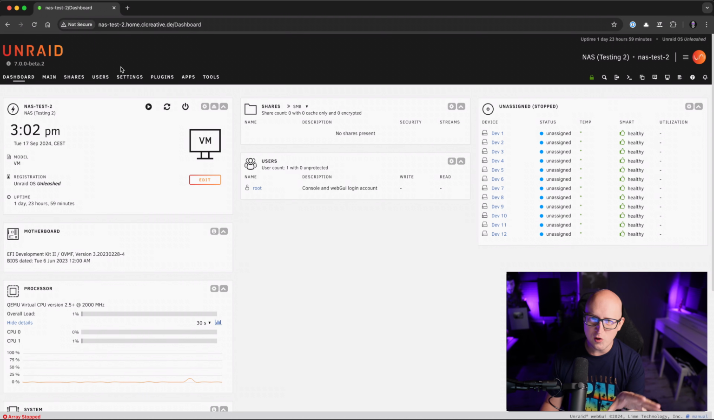But I think it is pretty close to the final release, and therefore I thought I will just cover it with a new version, because it also has some nice features here and there that I want to show you. But first, if you're logging into the web UI of Unraid, you can definitely see there's one thing that is